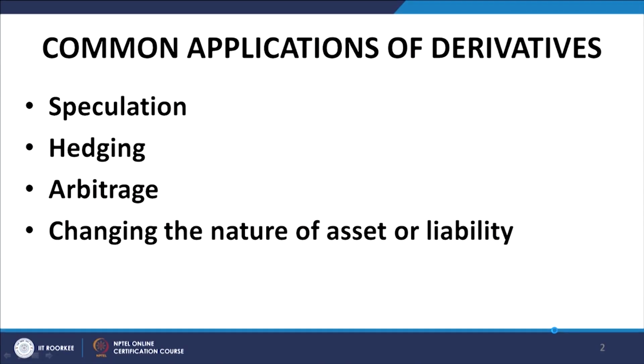Now, talking about applications of derivatives, the fundamental applications of derivatives are listed on the screen. Speculation. In speculation, what you do is you take an open position in the derivative and you try to beat the market. Depending on what your perception is compared to what the market's perception is about the future of an asset or a derivative contract in itself, you decide to take a position which is contrary to the market expectations, and if you turn out to be correct and the market turns out to be wrong, you tend to make a windfall profit. That is what is called speculation.